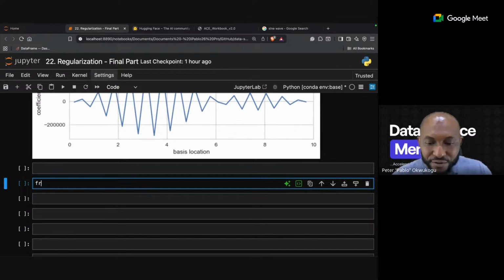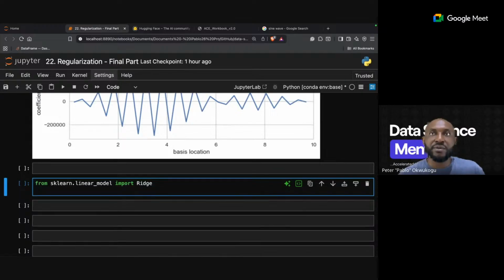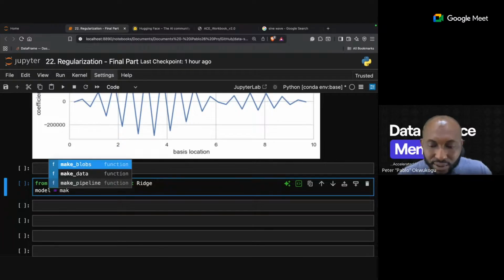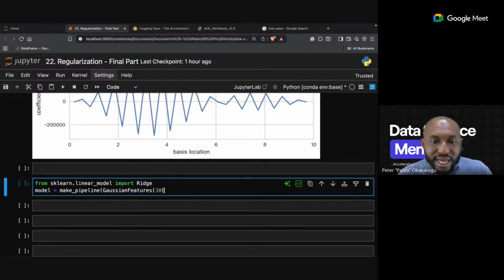So what I'll do is from sklearn dot linear model, I'm going to import Ridge. Ridge is a regularization library, right? And so I will now introduce the model here, and I'll say make pipeline. When I make the pipeline, I'll call the same Gaussian feature, make it 30.